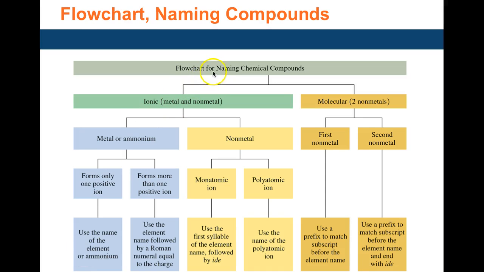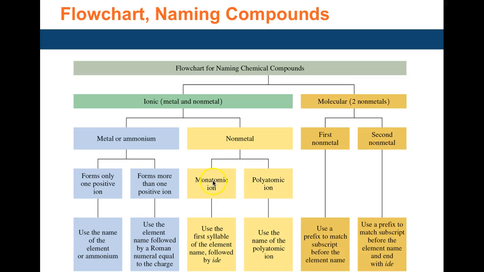So again, using the flow chart, how do you know it's ionic? No metal, then it's not ionic. If it is molecular, it has to be two or more non-metals. And then we went through this. If it is metal or ammonium, if it's only one positive, then you write the name of that metal or ammonium. And if it forms more than one variable type of ion, then you're using Roman numerals